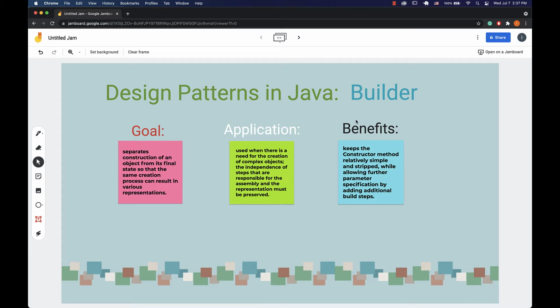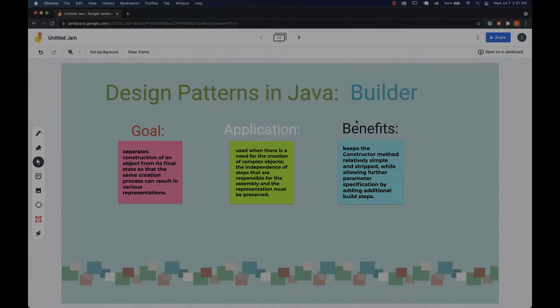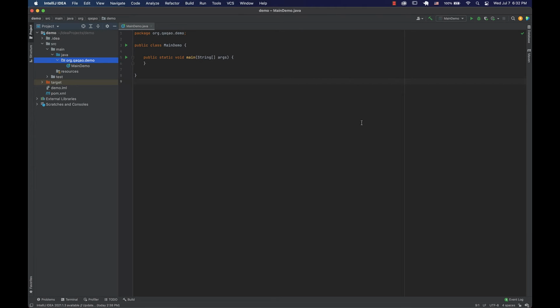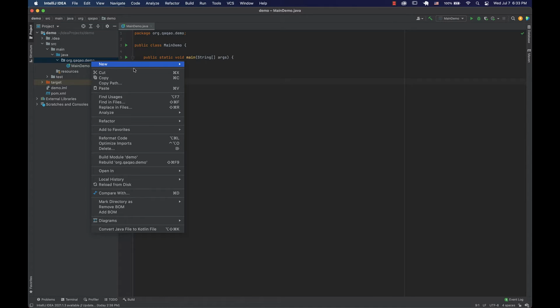Alright, so let's switch to the coding part and see the builder design pattern in action. Alright, guys, so let's see how we can benefit from using the builder design pattern by implementing HTTP request and HTTP request builder classes. So let's assume we have a class